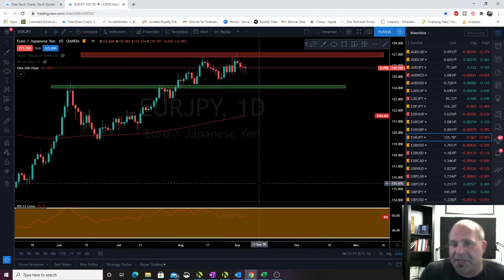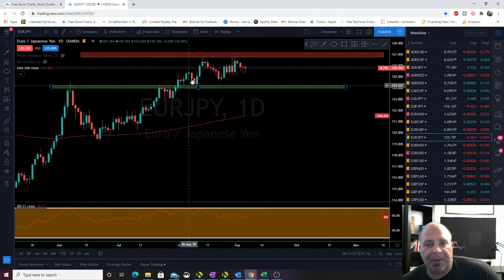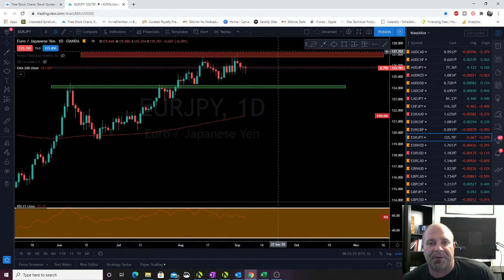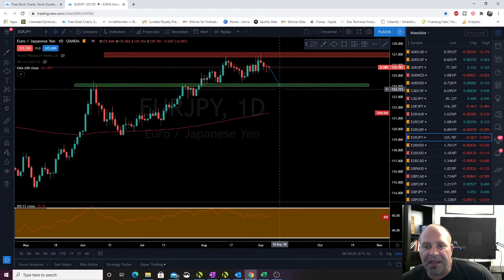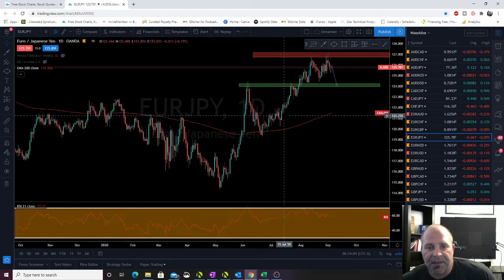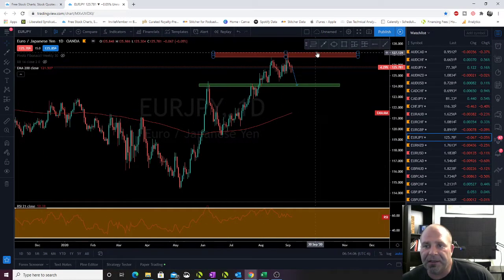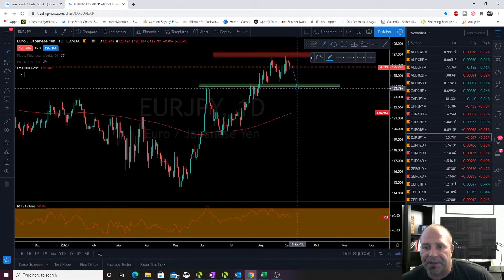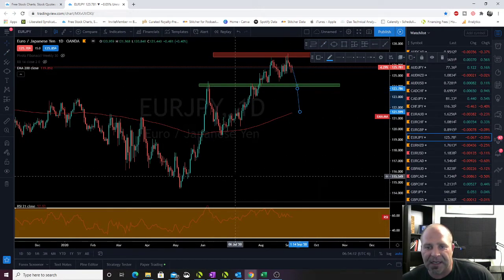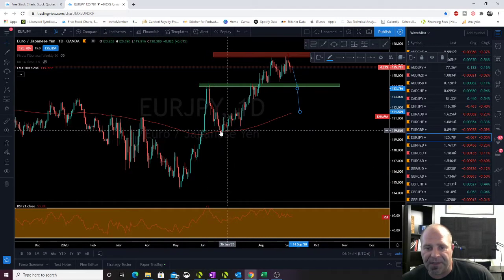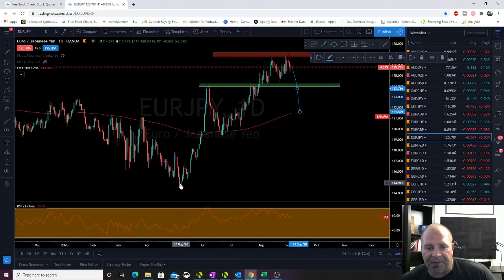All right, Euro JPY. In a pretty good range bound, but we've double topped, right? So I would expect this to come to there. And then if we break through that, we may be getting continuation to our next inflection point, the 200 EMA. If we break that, guys, we're coming down to this area. And then our next level's here, but this is like